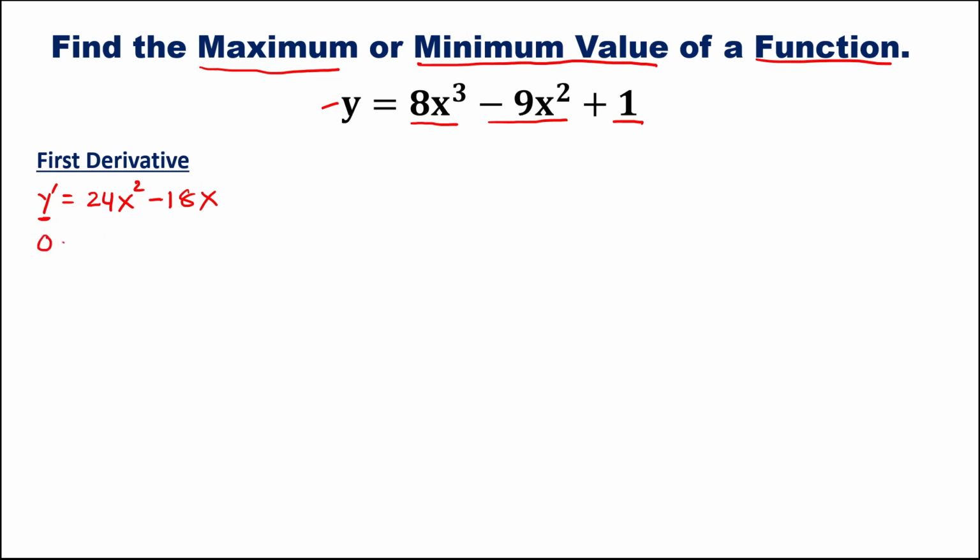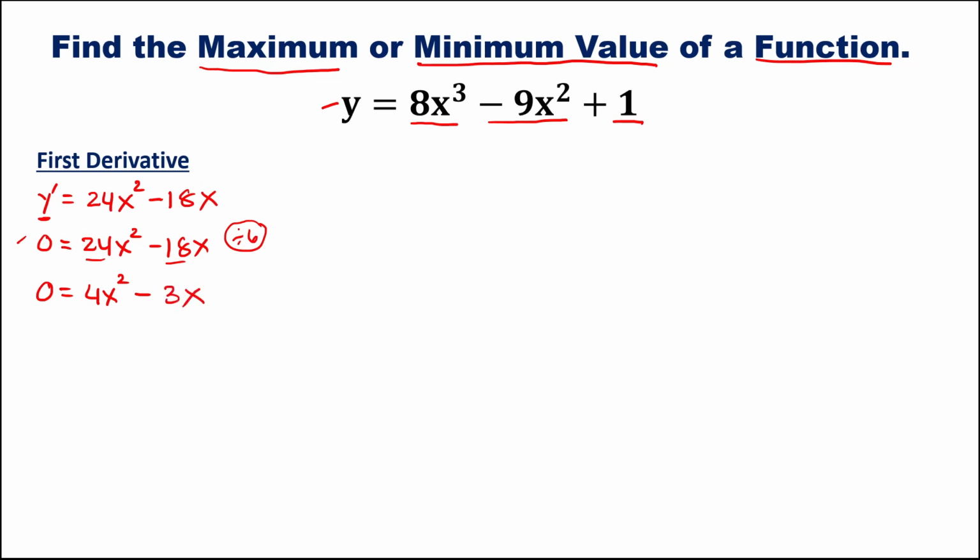So this becomes 0 equals 24x to the power 2 minus 18x. Then observe for this function, every term is divisible by 6. So we need to reduce. So this becomes 0 equals 24 divided by 6, this is 4x squared, then minus 18 divided by 6,